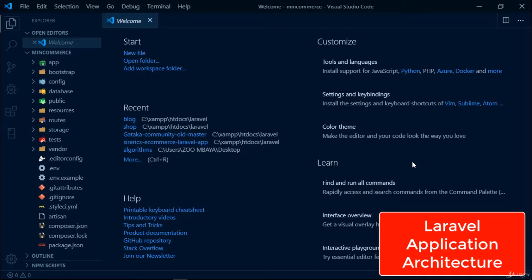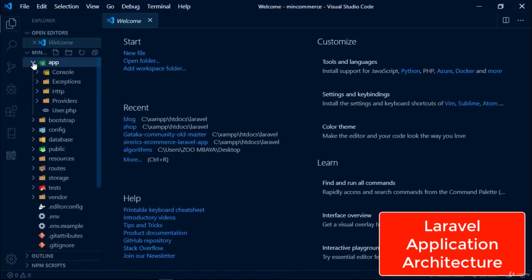So let's have a look at the directories where we are going to spend most of our time. The first directory, and the most important, is the app directory. Inside the app directory, if we click here, we find these folders, but I want us to begin with the HTTP folder and then this user.php file. Okay, two things: the HTTP folder or directory and then the user.php. These are the ones we are going